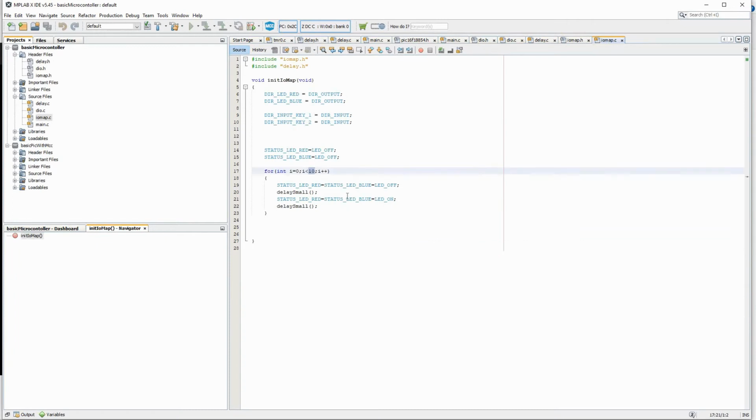Let me just make only 2 blinks. Instead of using delays, let me use delay millisecond. Make it 100.